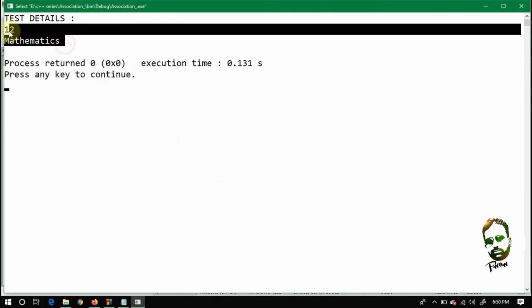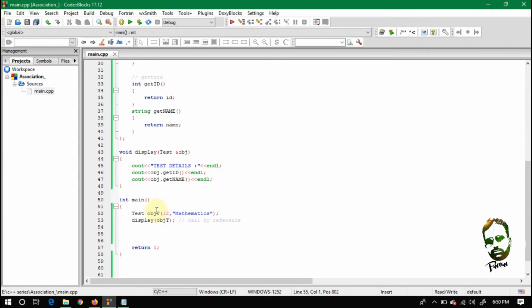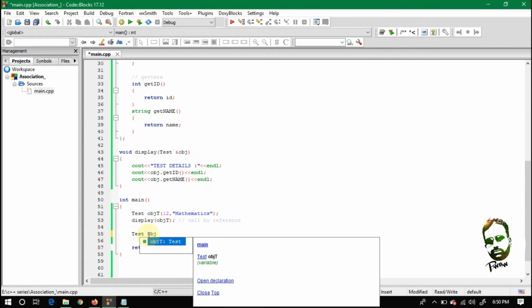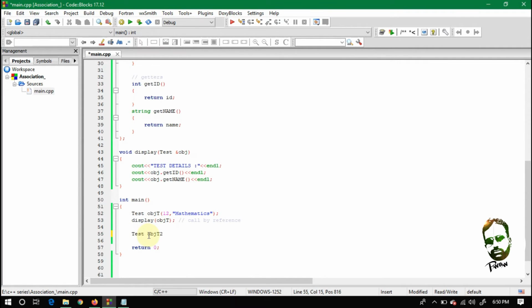You will see here the information of obj t test, and let's make here another object, obj t2. So pass the values 15 and the test is programming with Rana Vakas class.